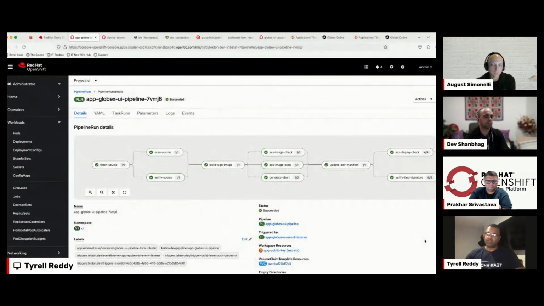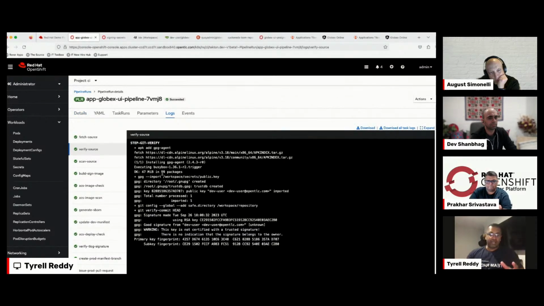At the same time, what we have is a verify source. Remember, I told you before that when a developer checks in a change, we trust that person because we've pulled the GPG public key that we've generated for them into our Git repository, right? So this step is basically ensuring that the commit made by that developer was signed by our GPG key.